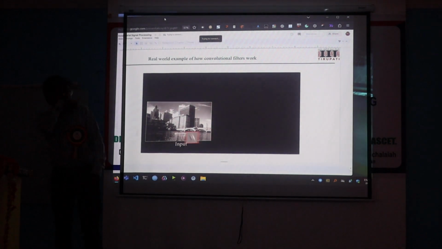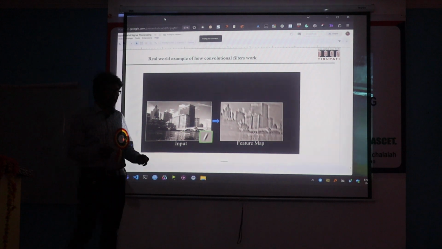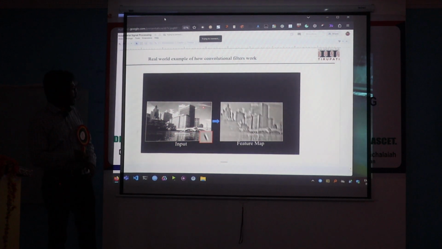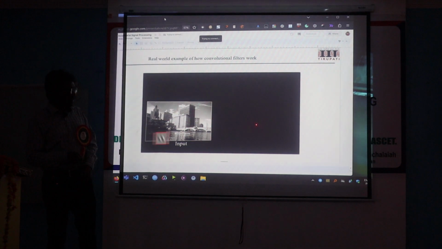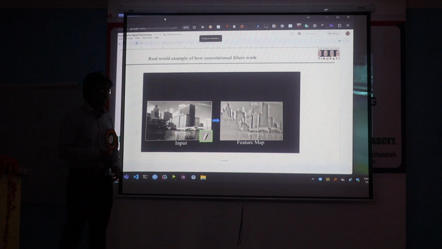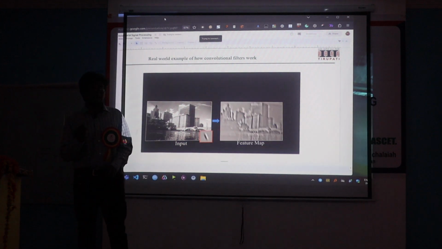Now, when people say feature map, you are getting features. A feature map is basically, this is a filter, it runs through everything, and this is a feature map. So why is this important? Now this is like a face, right? You see people drawing celebrities' faces.